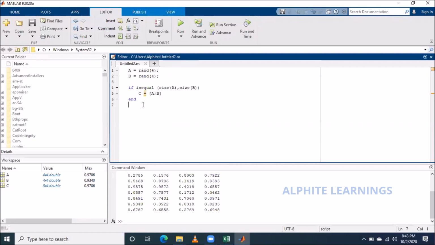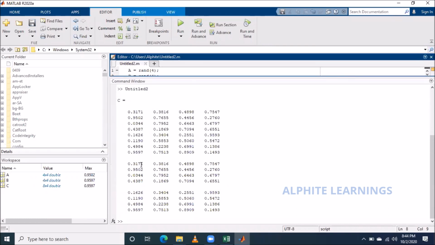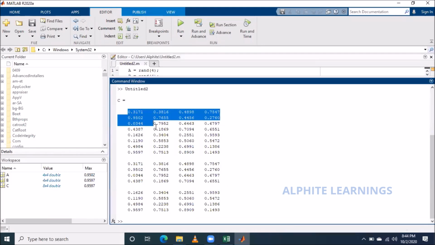Before that, I'll just show a, so that I can briefly elaborate. See, since the size was the same, it just concatenated things. So this was a, and then this was b. It concatenated and gave an output called c.